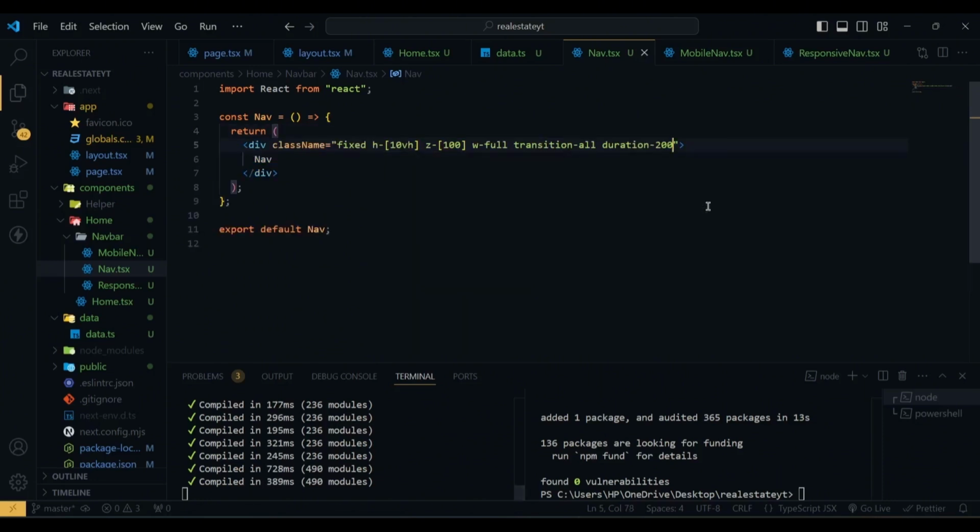We are adding the transition because in future we are going to implement the feature where, when the user starts scrolling, the navbar will change its background color, and the change will be in a smooth way. That's why we are using the transition. Then inside this nav we are going to have another div,